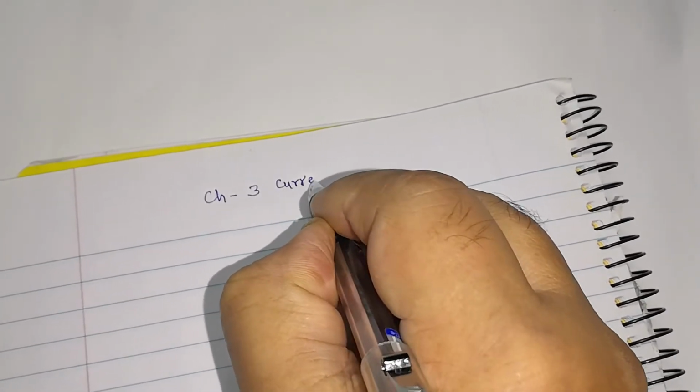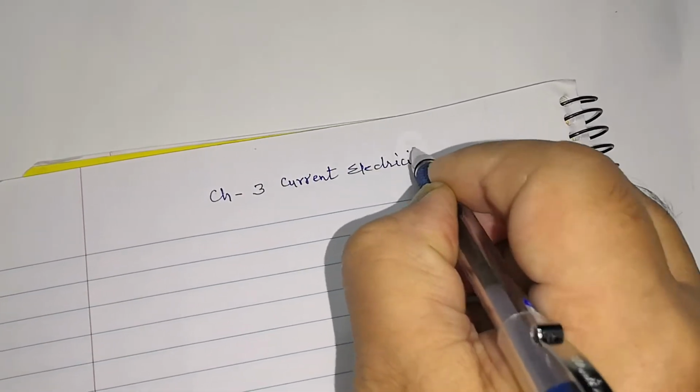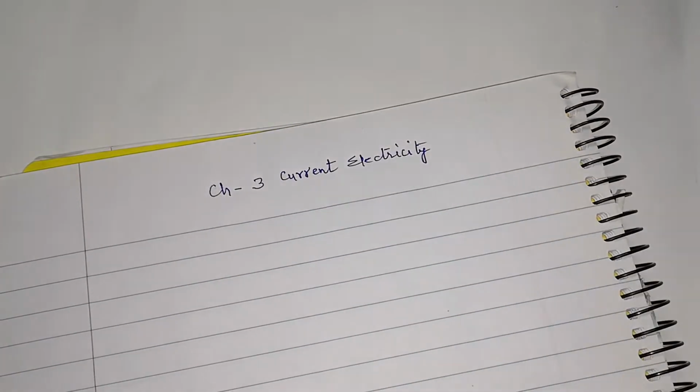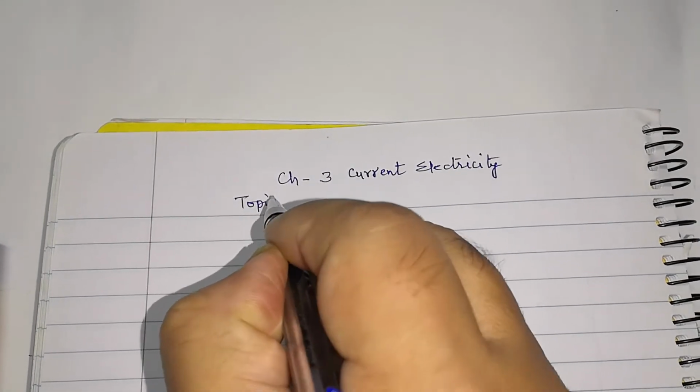Hello students, good morning. Today we are going to study in chapter number 3, current electricity. We are going to study Wheatstone Bridge. So it is chapter number 3, current electricity is the name of the chapter. Now from this chapter, today's topic is